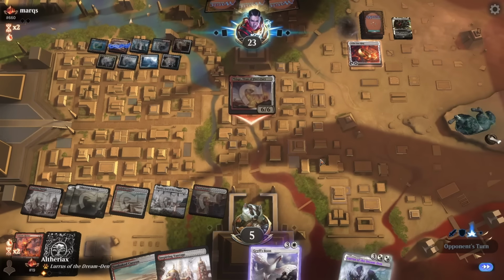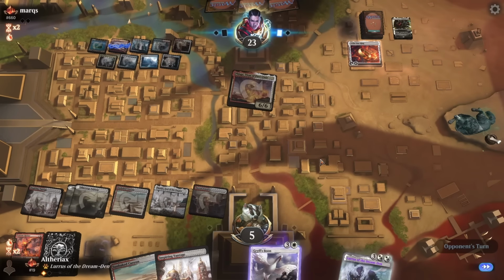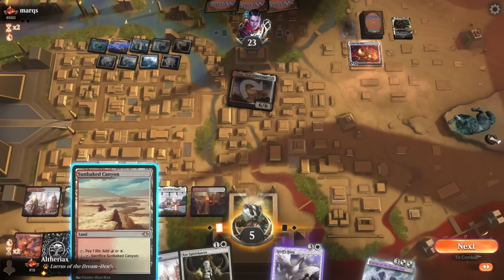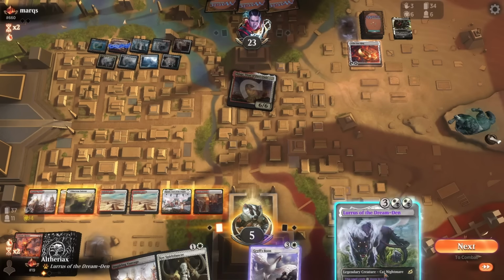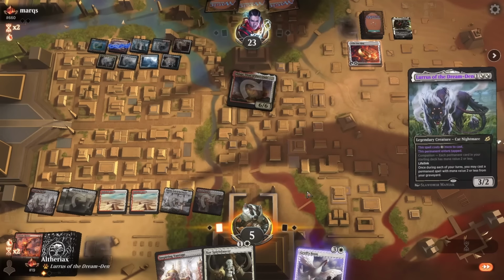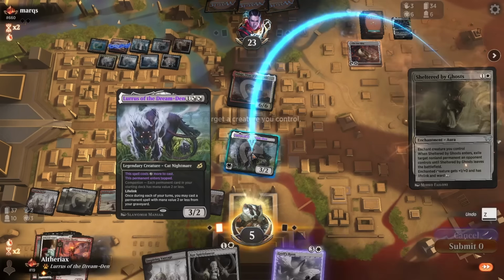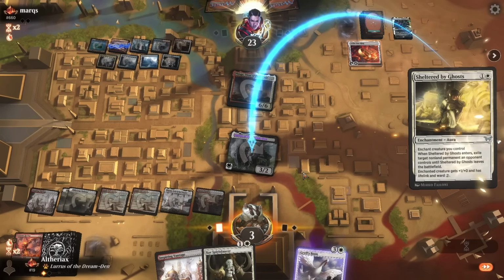There is always a chance against control that they just draw a bunch of lands and they don't find spot removal when they need it, so we are going to go for that line here. Play Sunbaked Canyon into Lurrus, into Sheltered by Ghost, and we do draw a Spirit Dancer off the top as well, so if we do get incredibly lucky and the opponent just has a bunch of lands in hand, then we do stand a chance, which is pretty impressive that we managed to hold on to this game